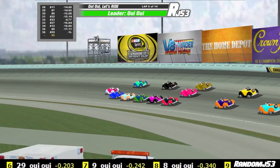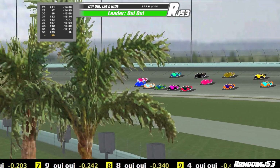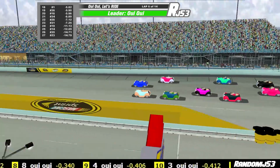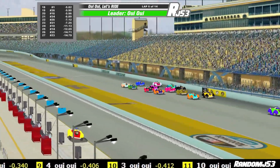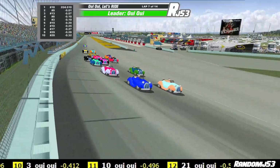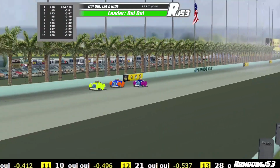Here comes Oui in the blue car, side by side for the lead through turns 3 and 4, as Oui this time is going to make it 3 wide off turn number 4 once again. And Jesus, Oui and Oui nearly lost it off 4, but they still keep it straight, coming to lap number 7 this time by. And to take a look at some of the guys towards the back of the pack,